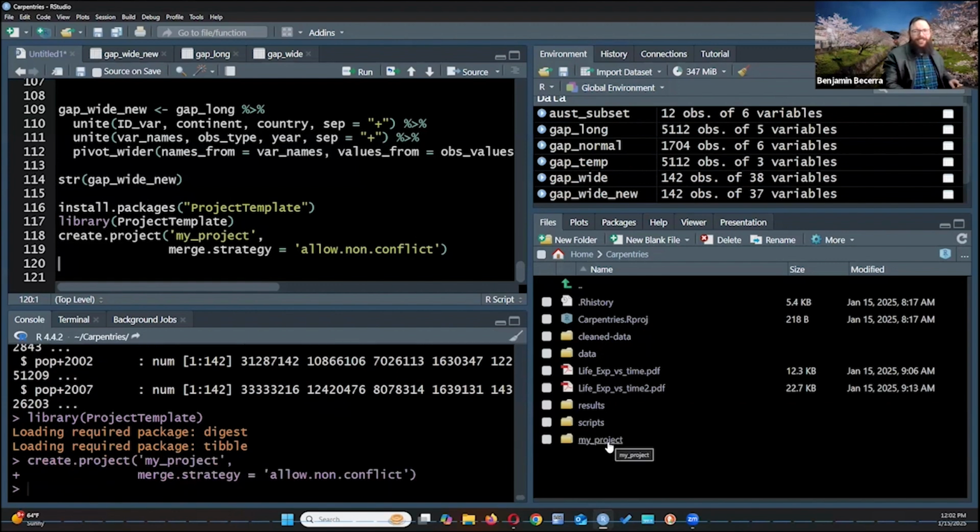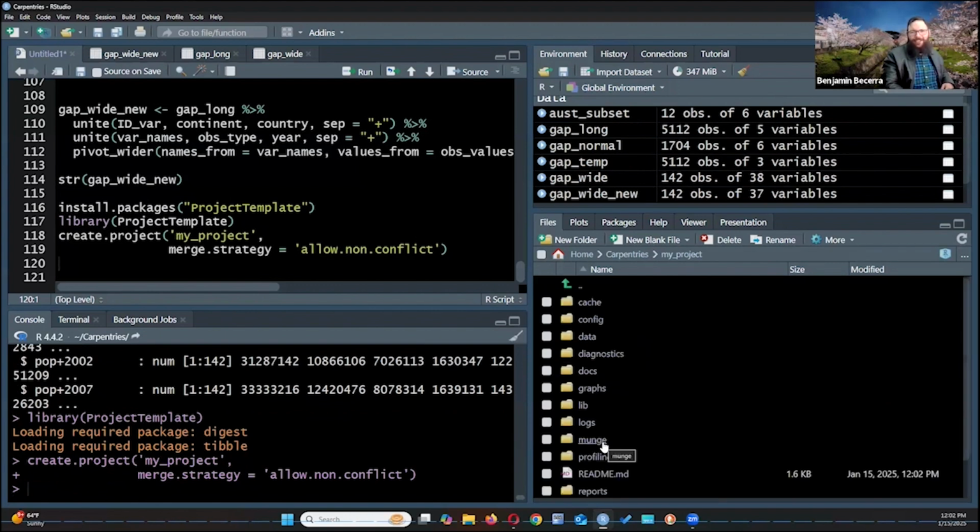All right, you saw my project. So this is if you had a new project. And if I open it, look what's in it. Wow, where did all this come from? So like I mentioned, this is a way to have a standardized project template where now every time you create